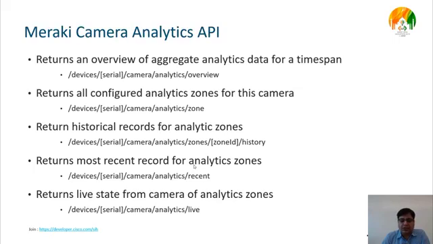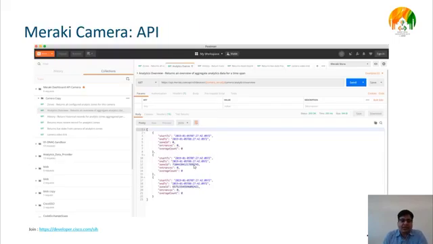So let's go and look at individual APIs. In this case, what we are looking at is Postman, which is a REST API client. I captured the snapshot for APIs to save some time. In this first one, we are trying to analyze the overall view that is seen by this specific camera. There are 2 zones defined, and zone 0 is always the full camera,